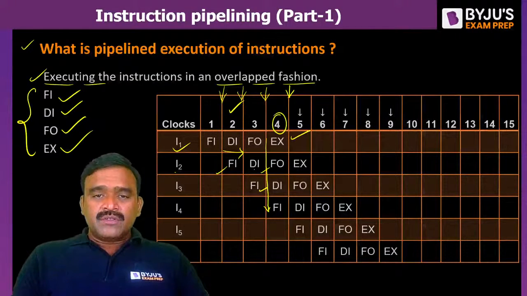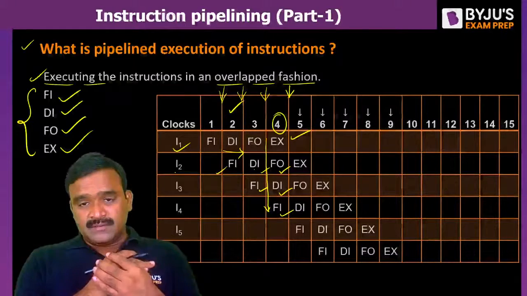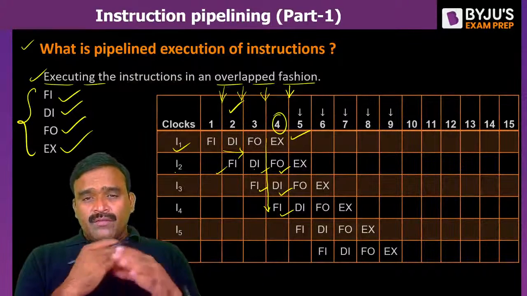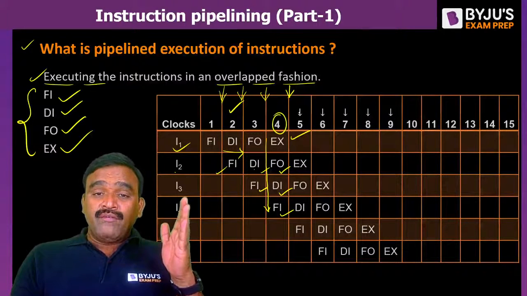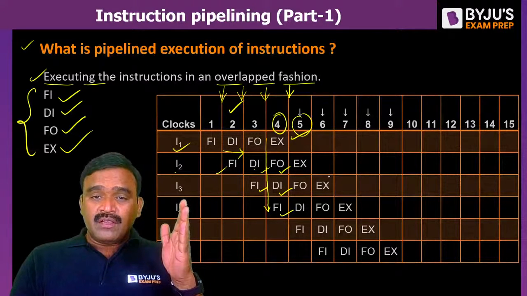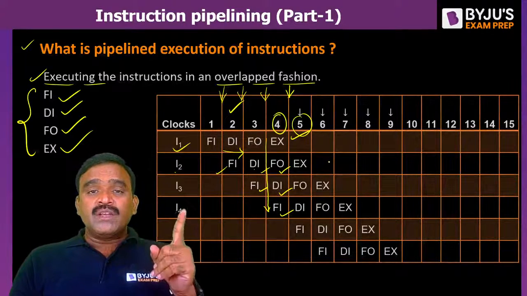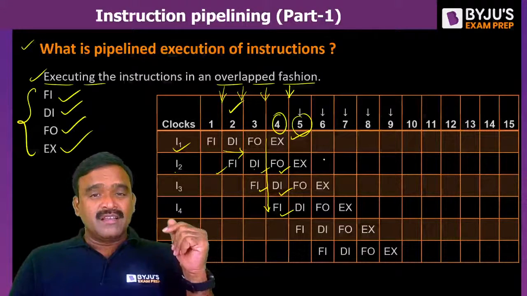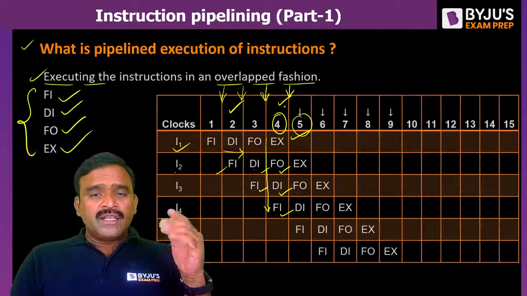Instruction 1 is doing execution, instruction 2 is doing fetch operand, instruction 3 is doing decoding, instruction 4 is doing fetch. All these can be overlapped because different hardware is required for the different stages. From the fourth cycle onwards, every cycle overlaps all four stages. That means you are able to do 4 stages in parallel, so one instruction is executed in only one cycle, right? You wait up to the third cycle, and in the fourth cycle, the first instruction